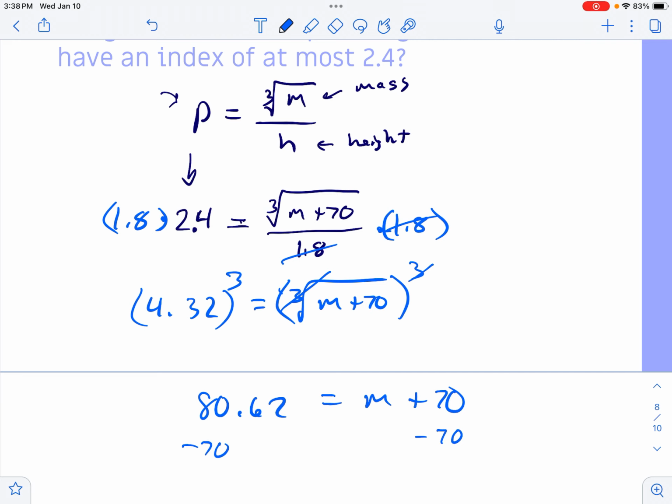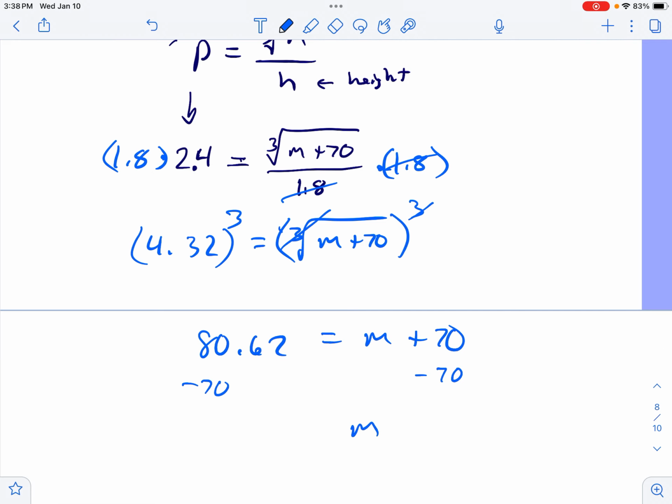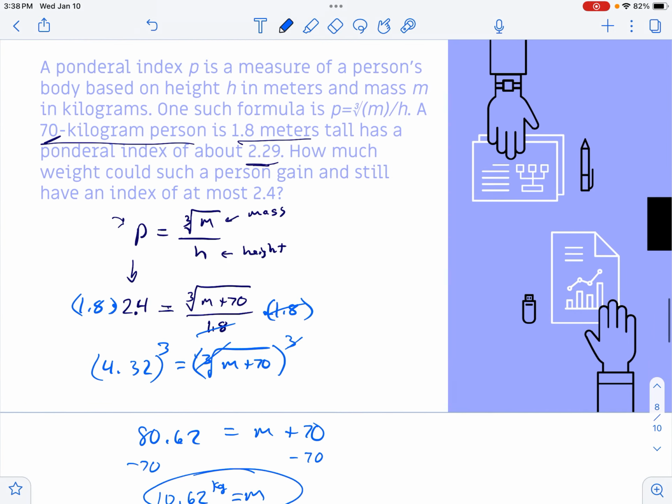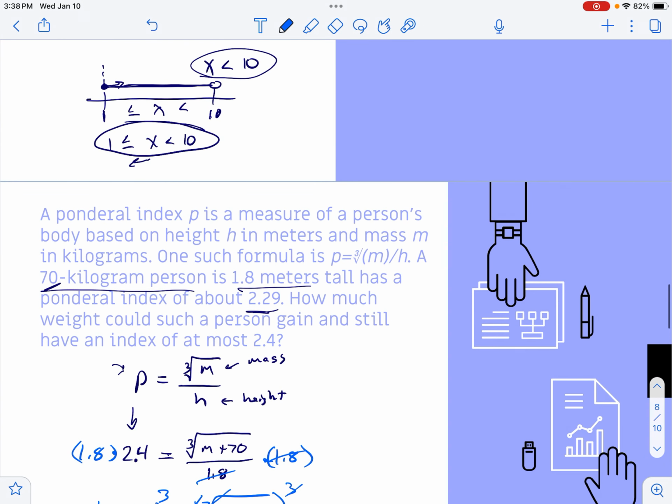Subtracting 70 from both sides, that person could gain at most 10.62 kilograms. And there we go. That's kind of applying those cube roots and fourth roots, square roots to a real world problem. Go ahead and work on the